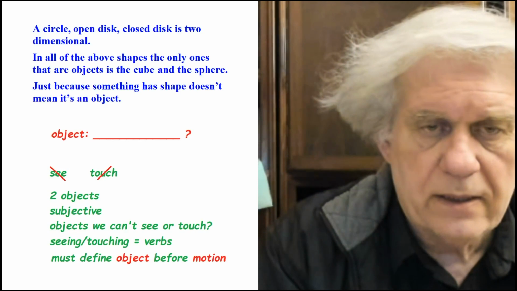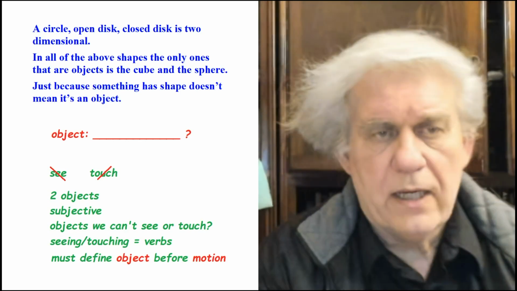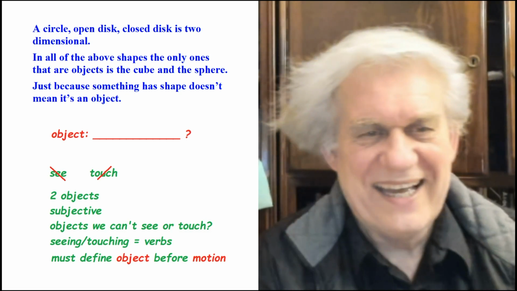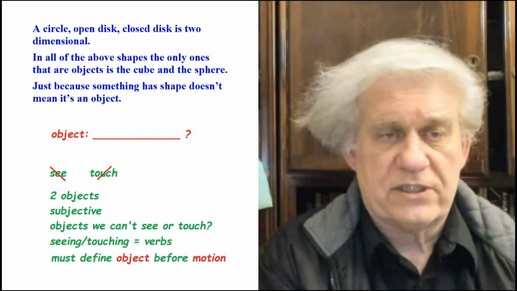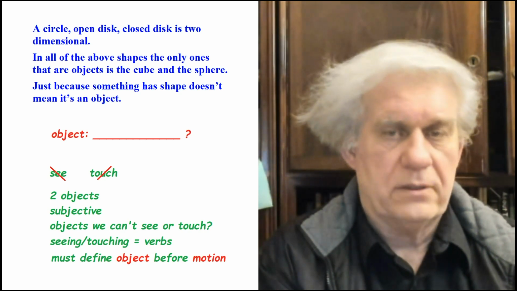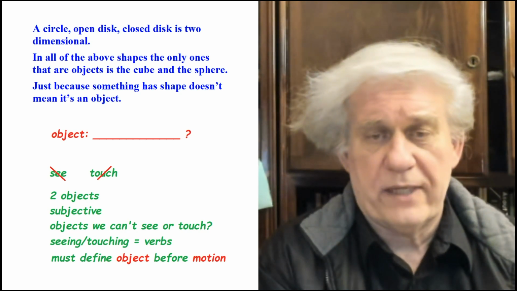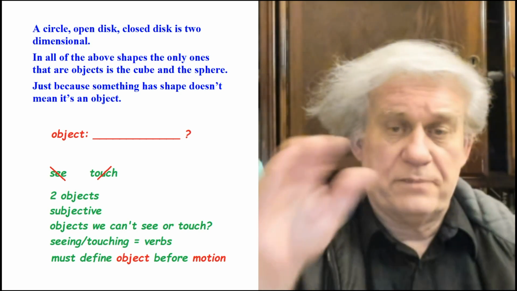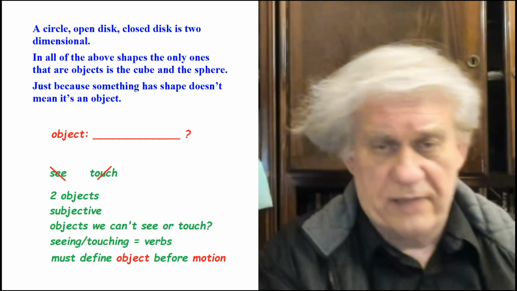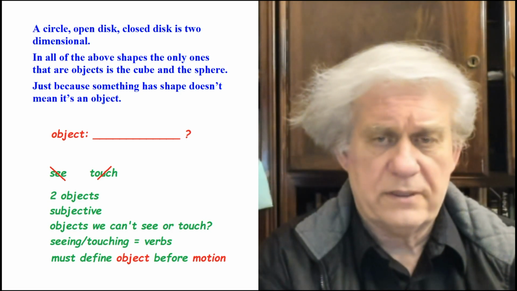Okay, another comment made by this gentleman. It's good that he drove the analysis today, the lecture. So we thank him. A circle, open disk, closed disk is two-dimensional. Yeah, a circle is two-dimensional, no doubt about it. It's a plane. All planes are two-dimensional, except some of the planes that mathematical physics bends into the third dimension, like Riemann triangles and Lobachevsky triangles, which I covered a couple weeks ago.